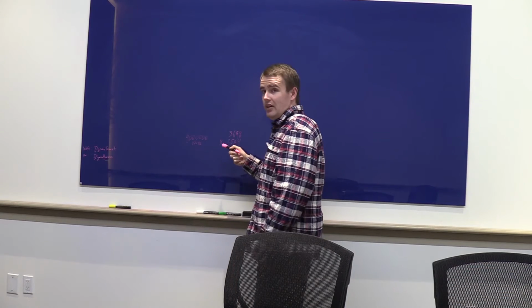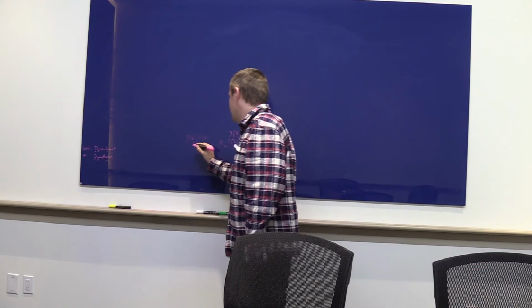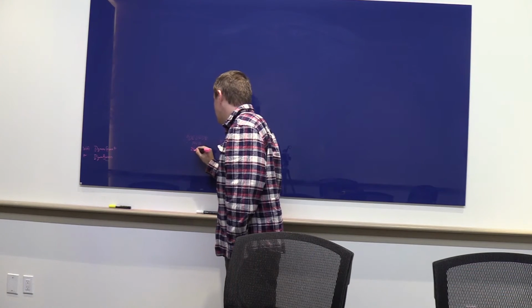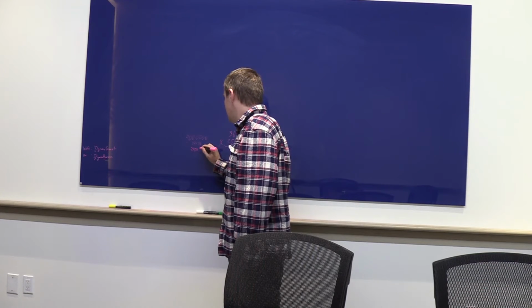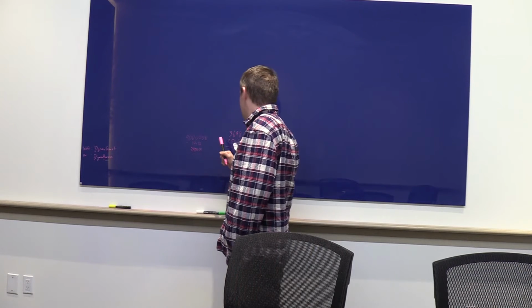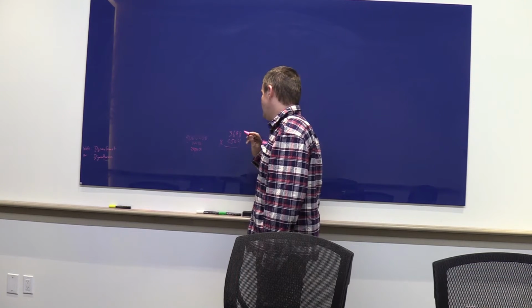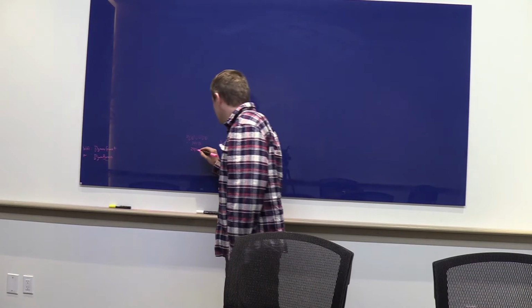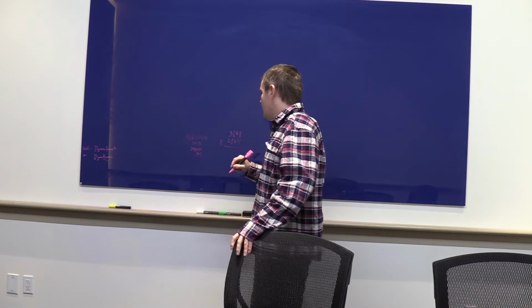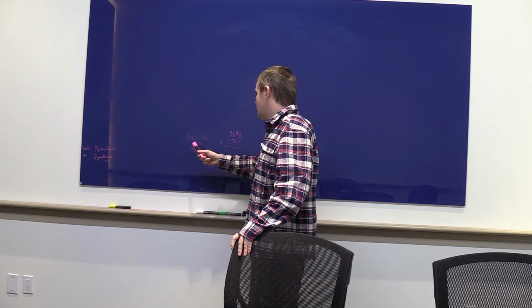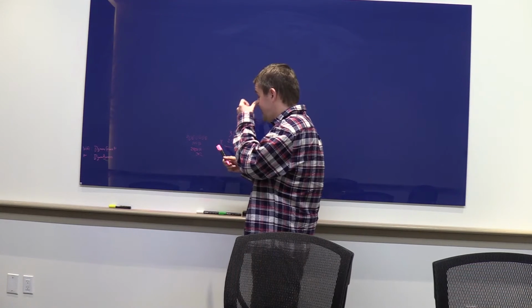You do 98 times 25, that's 2,450. Same concept, after 2 zeros. Then you just do 98 times 4, it's 392. You start to add them all together, and you get